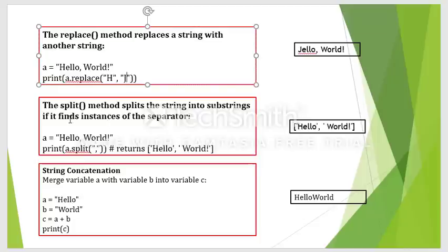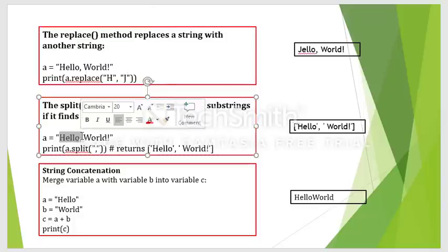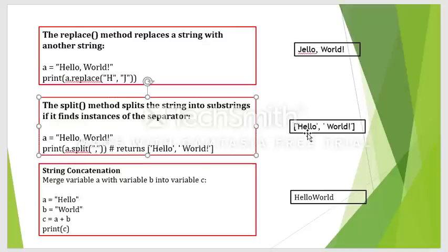Next, there is a function called split. The split function will divide the total string into some words. Wherever the comma is there, it will divide that string into two different strings. Suppose after hello there is a comma. Whenever the comma exists, I am splitting the total string into two strings. Hello is one string and world is another string. So you can see in the output, hello will be one string, and world will be another string.